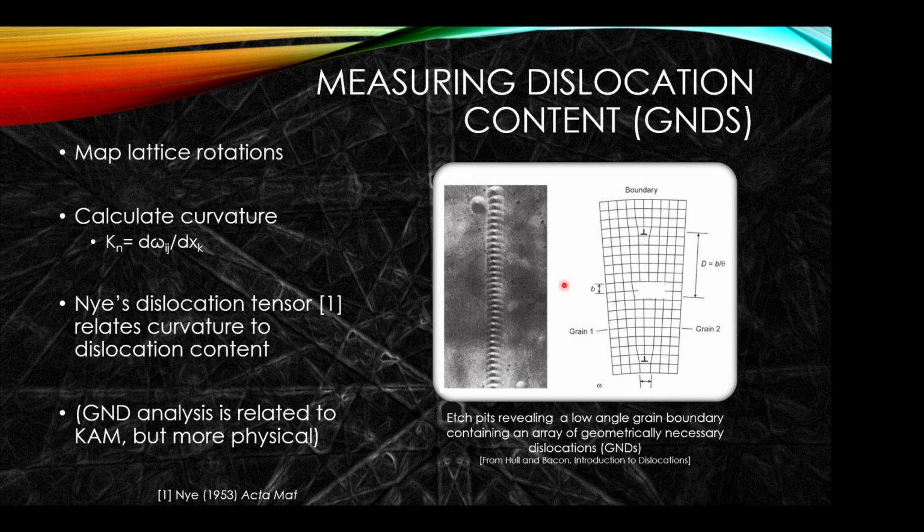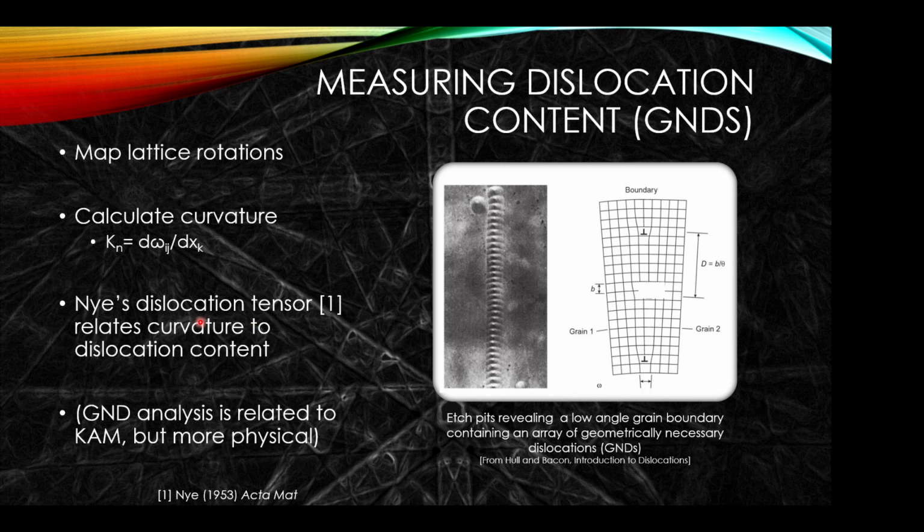The lattice rotations are very useful if you want to understand the storage of dislocations. One simple example is to consider the edge dislocation array that's shown here. If you imagine putting in a series of extra wedges due to the excess dislocations, that gives rise to a bending of crystal A with respect to crystal B. If you measure orientation A, measure orientation B, and you know the spacing, you can work out the density of dislocations. So if you put more dislocations in this boundary, it will bend more, and if you put less, it will bend less. So you calculate the curvatures, and use a process called Nye's dislocation density tensor to relate the curvature